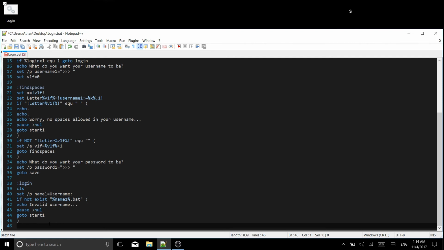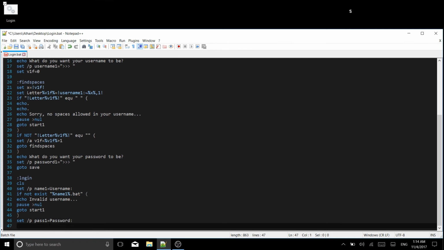Then we actually run that same thing where we say set. Now we're just doing the password, right? So we do set /p pass1 equals password, like that. And here we're going to say call, because now we're calling that batch file that's storing our data, and you'll see it in progress, right? So name1